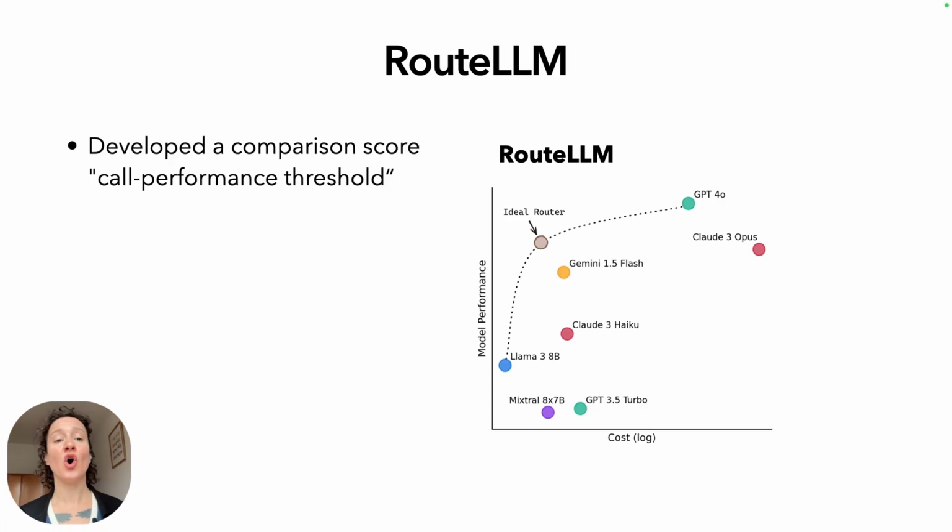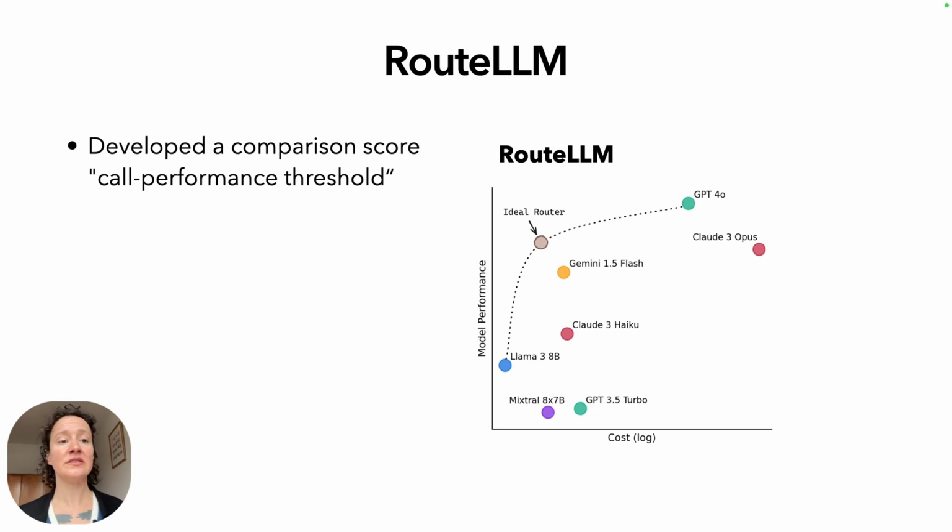They call it the call performance threshold. It's basically dependent on a bunch of other metrics that they outline in the paper, and we're not going to go through every single one and every single equation. I'm going to link the paper. You can read it yourself, or if you have a question, please put it in the comments, and I'll make